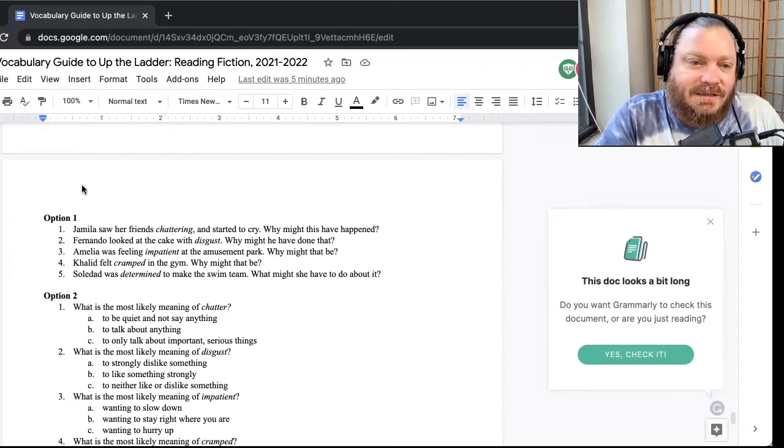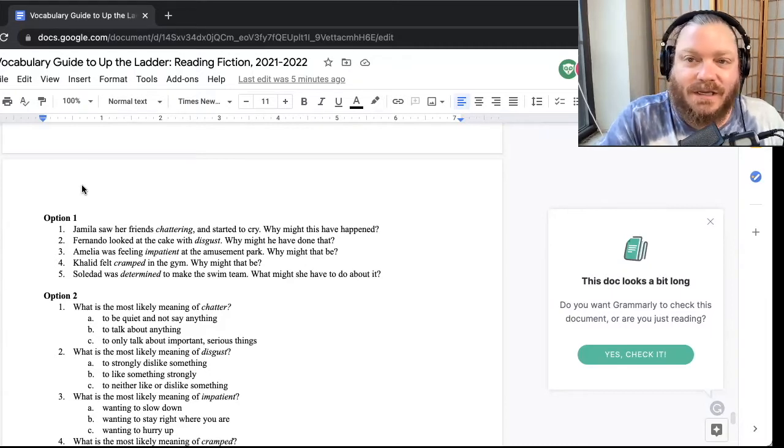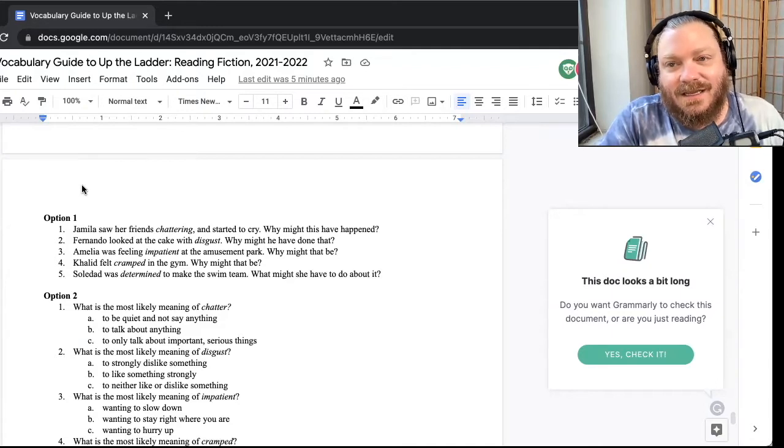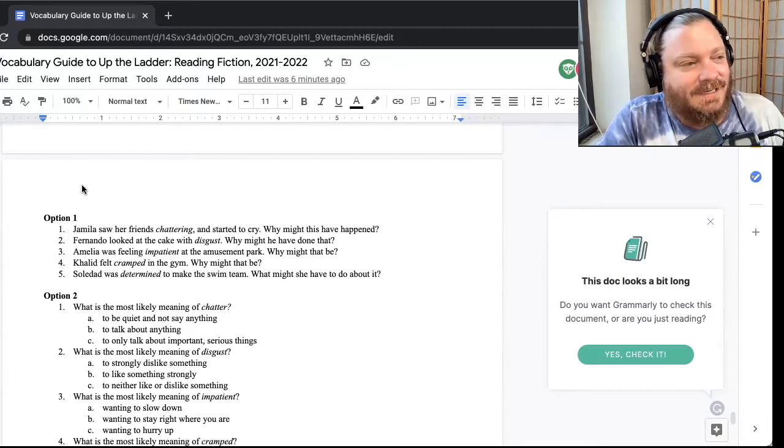Another example, it says, Fernando looked at the cake with disgust. Why might he have done that? And what I try to do is make things that aren't quite as obvious. Like, why would you look at a cake with disgust? So that if you didn't really know what the word disgust means, you might assume there's some positive reason, and that would show that the kid doesn't really know the word. So if the kid said, oh, because he was excited to eat the cake, then the kid doesn't really know what disgust might mean. However, if they do know what disgust means after you've taught the word, kids would say,